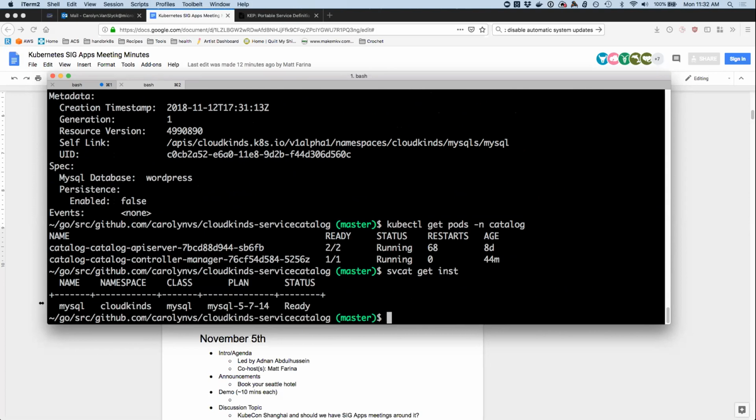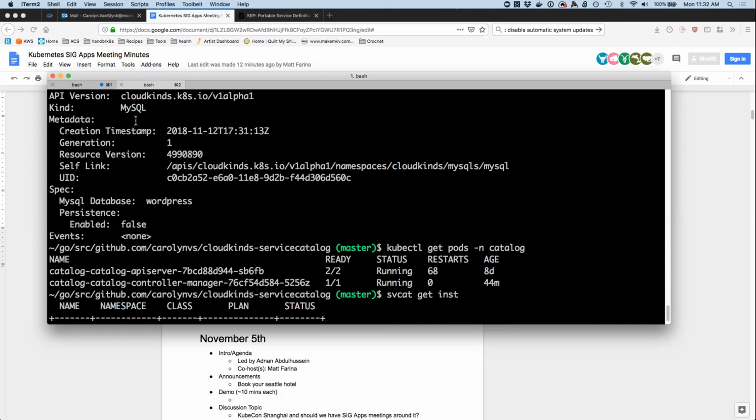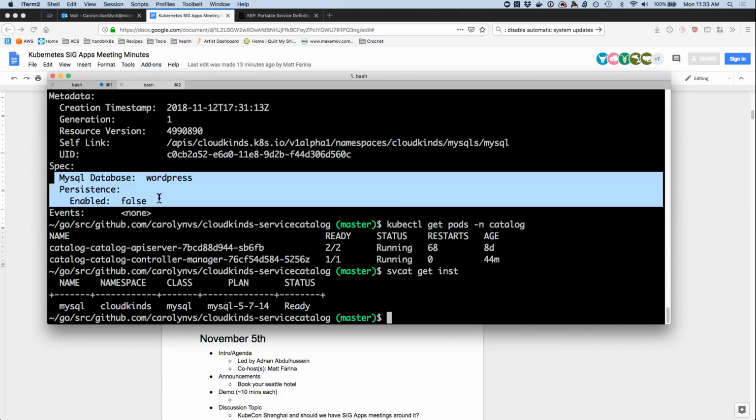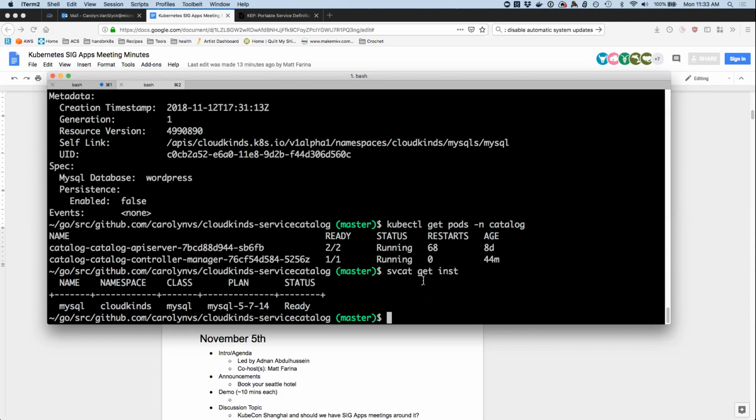So the flow that just happened right here is that there was that generic CRD, the MySQL CRD, right? The Cloud Kinds main controller noticed that it was there and then fired off the webhook for the provider that said it knew how to handle MySQL. In this case, it was Service Catalog, but it could have been anything. They don't have to be tied to any particular spec or anything like that. And in the webhook payload, it just says, hey, here's this CRD. You say you know how to handle it. Go do your thing. And so this adapter that I had here for Service Catalog essentially took that CRD and took the payload out of the spec, like these types of information, and turned that into a Service Catalog service